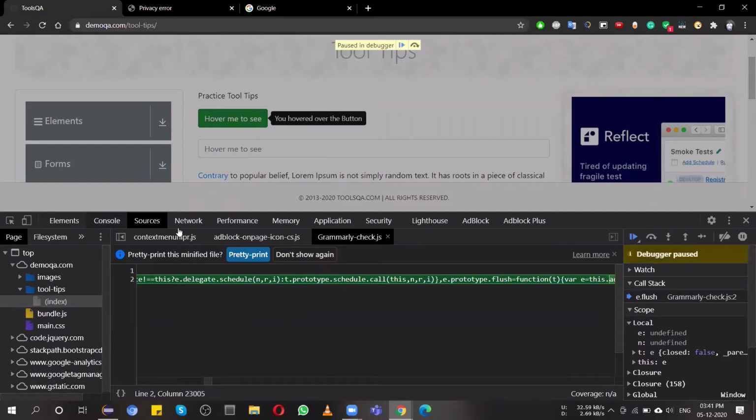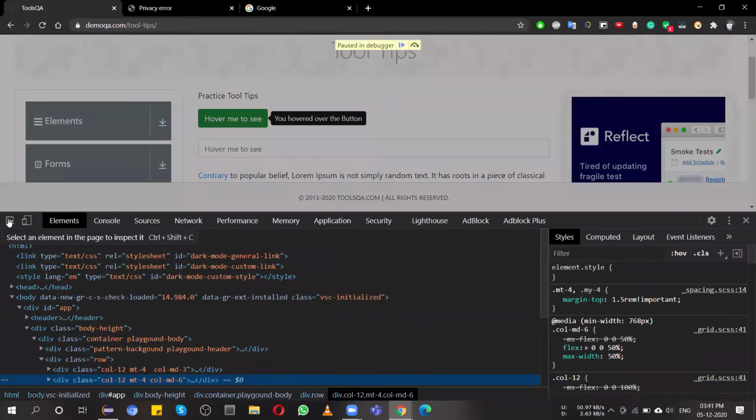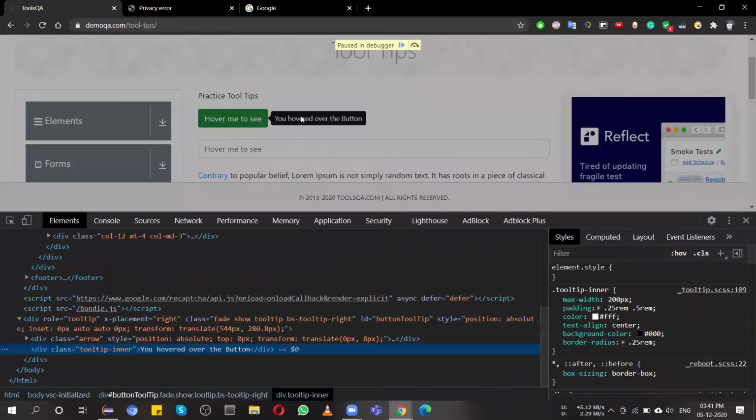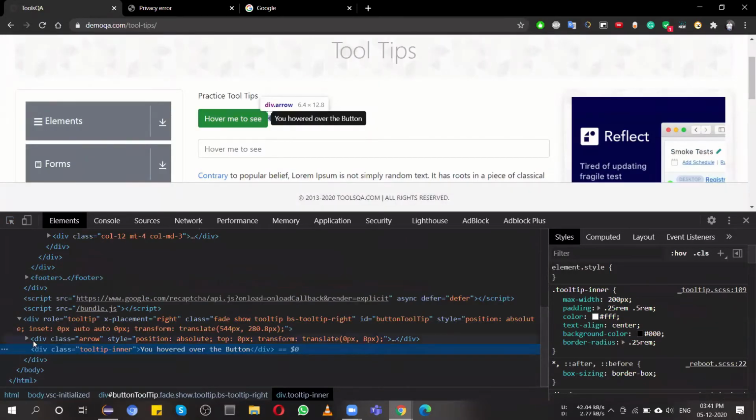Now it got paused, and this particular message stays over here. So now I'm able to inspect it. Here I'm able to see the div class tooltip-inner and this particular text.